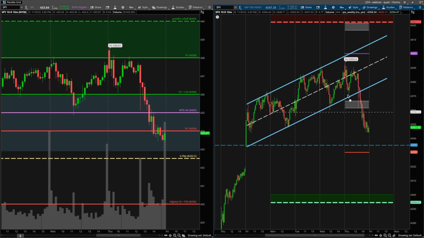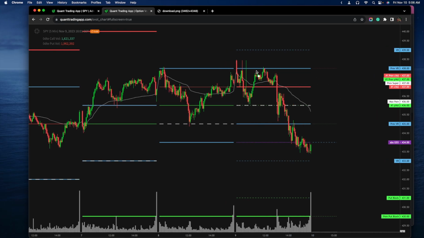Pretty close to the support of the channel, and then we have the SPY right here coming back down to our strike price, or our key strike price of the week, before it bounces right back up to here. Where does the SPX bounce up to? Right up to the middle of this channel. Where is that also in context of things? It's right here. Confluence,